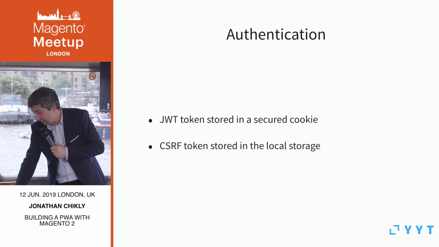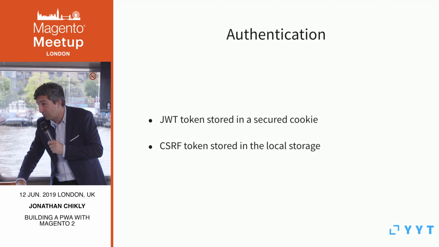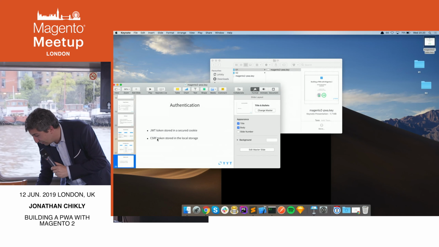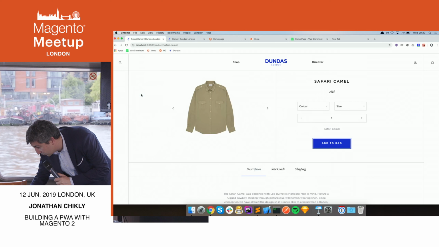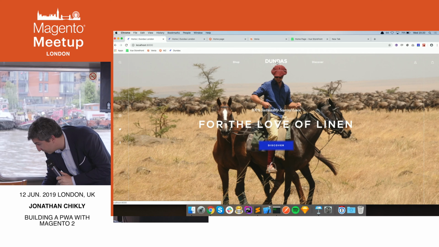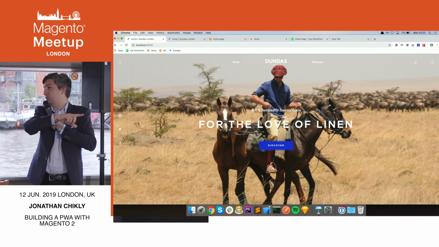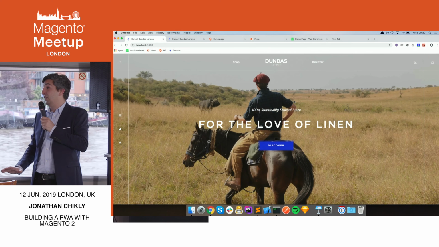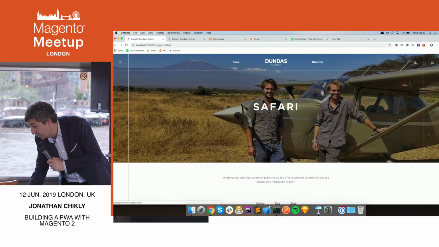I think that's it. I'm just going to show quickly the current state of the project. It's a work in progress, so it's not fully complete, but we can see here that I'm actually offline. It was already loaded because I loaded it before, but I can actually browse the website as if it was an application.